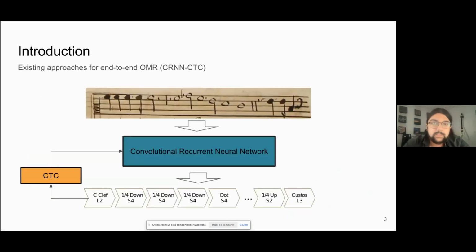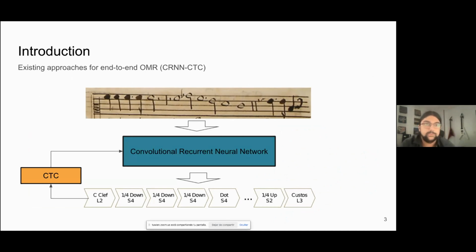One of the existing state-of-the-art approaches for end-to-end optical music recognition is the CNN-CTC, which consists of a convolutional recurrent neural network trained with the CTC loss. This model, given an image, can be trained to decode a sequence of symbols just by knowing that sequence. This approach has been demonstrated to perform very well